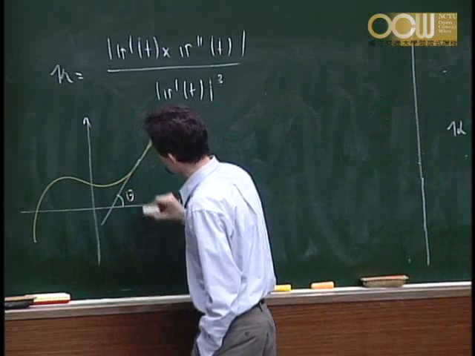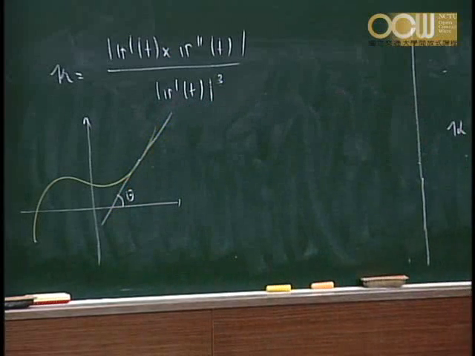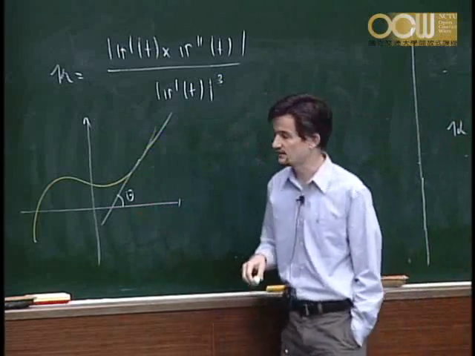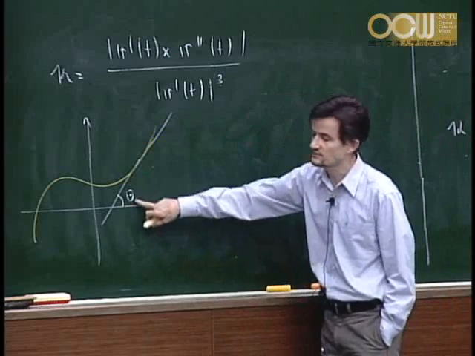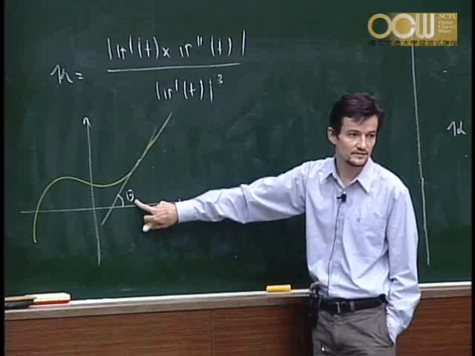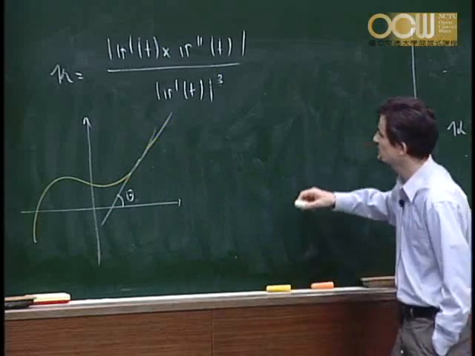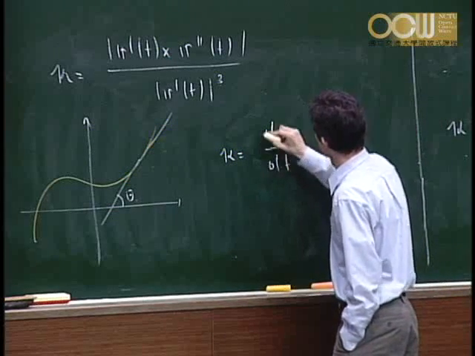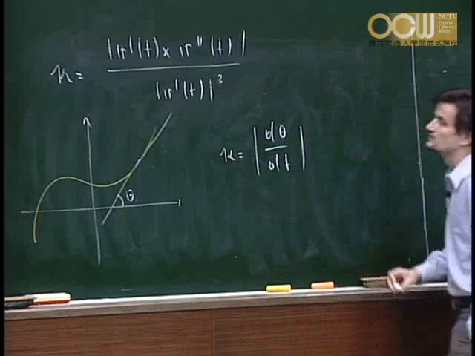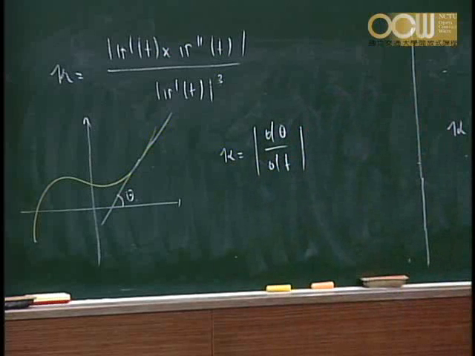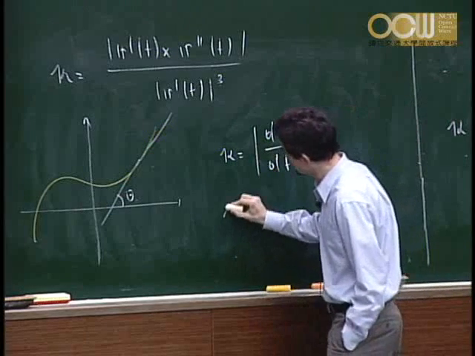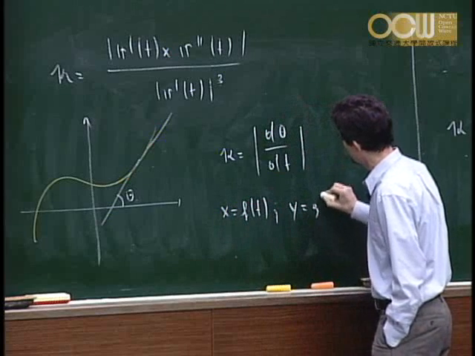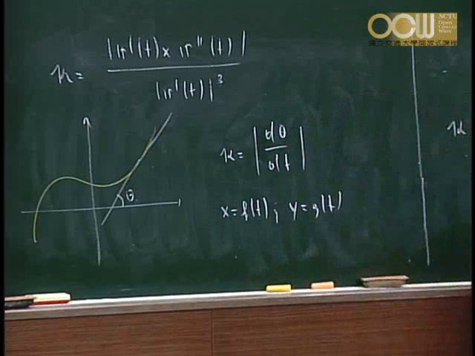I looked at this angle here, theta, and I defined the curvature as the rate of change of this angle with respect to the parameter, the absolute value. So last semester I defined kappa as this here. And then I proved that, if you have, this is one example in our textbook, if this is a parametrization of the curve, I showed that